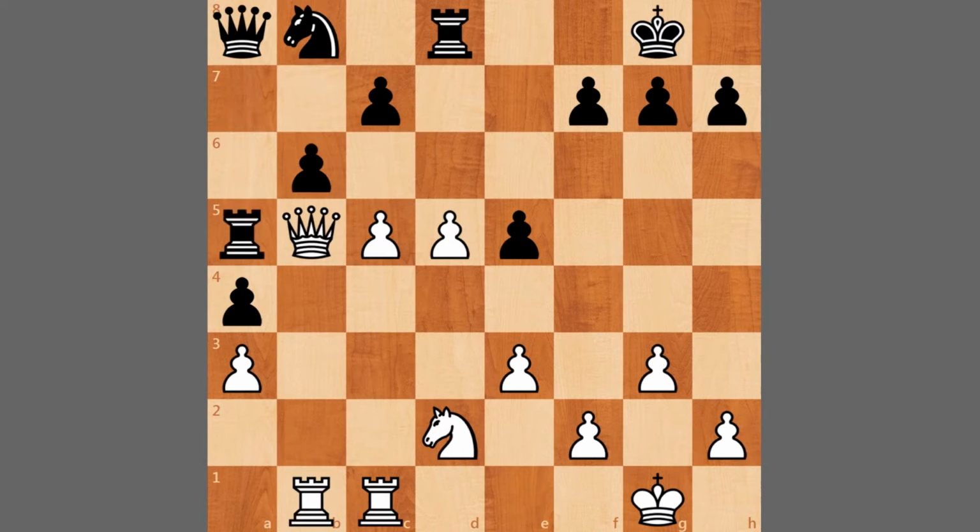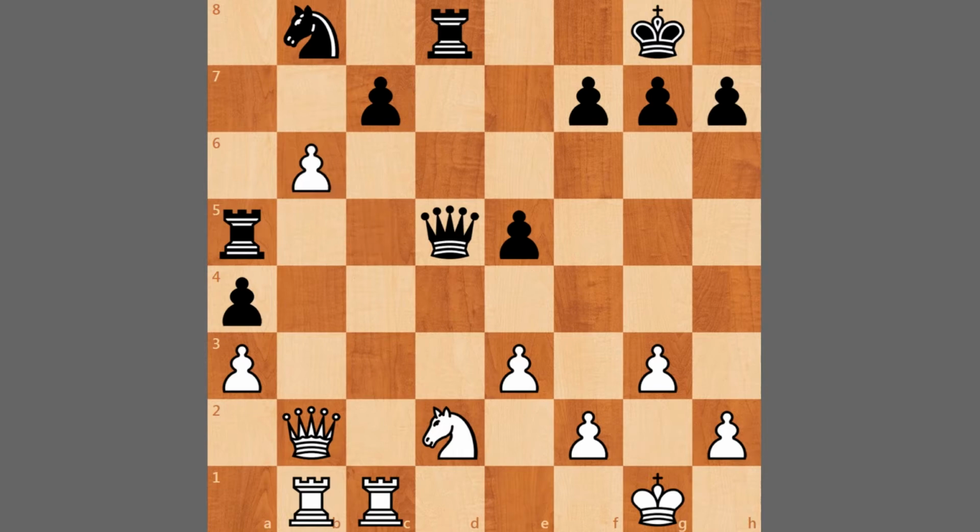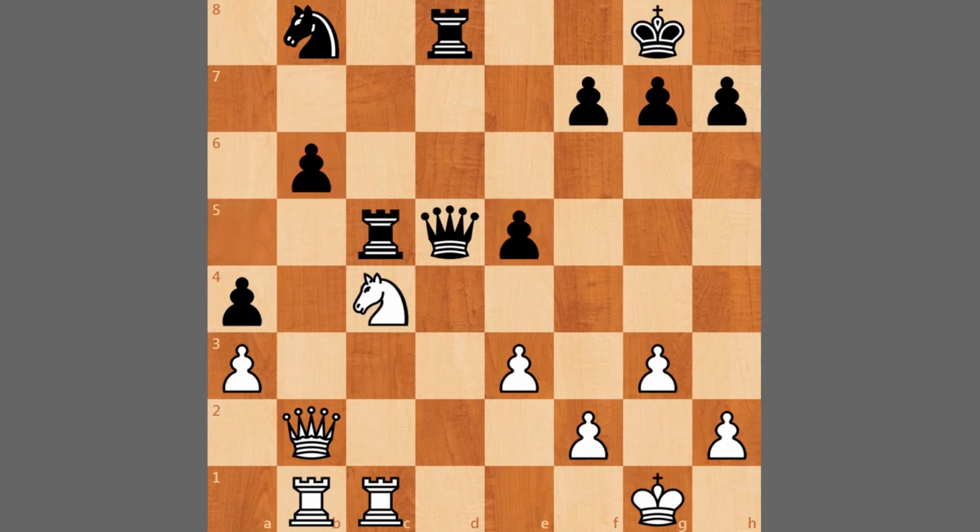So here rook to a5 from Karjakin, queen retreats, queen captures on d5. We have c takes b6, c takes b6, and here knight to c4, looking at this pawn, looking at this rook, and also maybe the e5 pawn. We have rook to c5, and here queen captures on b6, and here you can see that Black has some